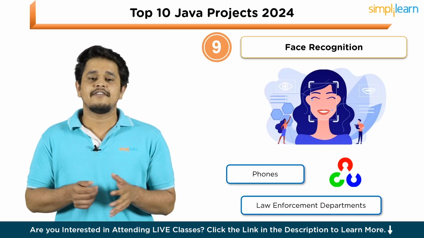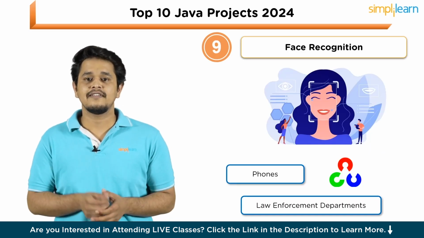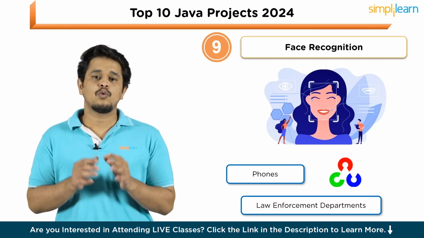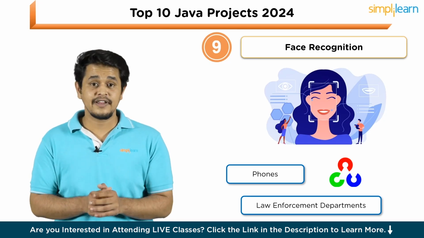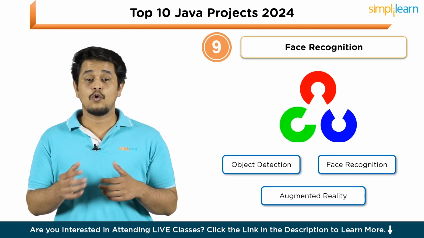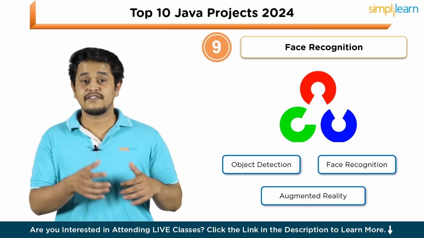Next up we have face recognition. Face recognition is one of the most popular tools used in various domains like phones, law enforcement departments, etc. Working upon one such type of project will help you improve your skills by using multiple libraries, for example, OpenCV. OpenCV is an open source computer vision library with tons of modules like object detection, face recognition,